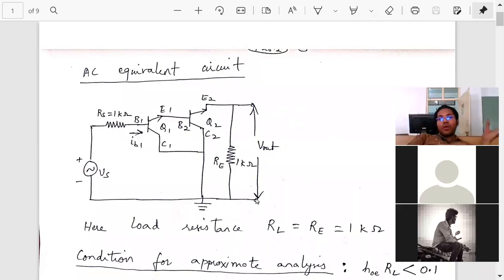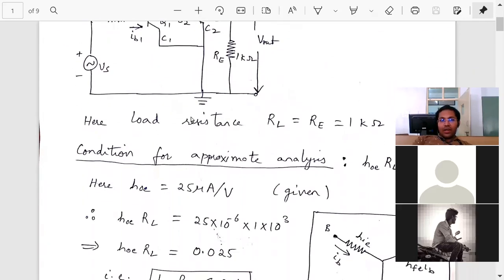See, Vs = 0, simple points. Vs = 0 means replace Vs by short circuit. Pull out Re, means open circuit Re. Connect an external source at the output terminals and measure the current drawn from those output terminals. The output voltage that you have connected, divided by the current drawn from the source, will give you output resistance. Okay, clear? So this circuit we will modify, but as I keep telling you, we cannot directly analyze this. We have to replace the transistors by their equivalent circuits and analyze.